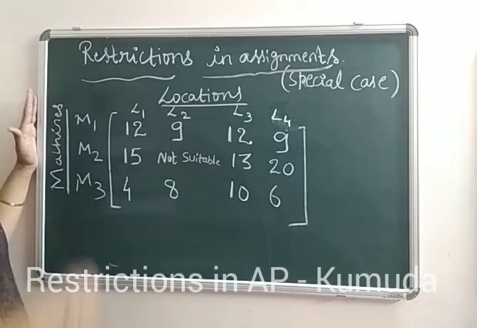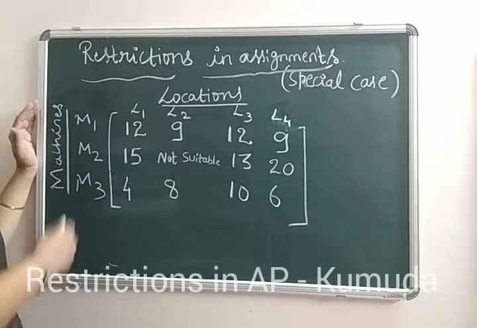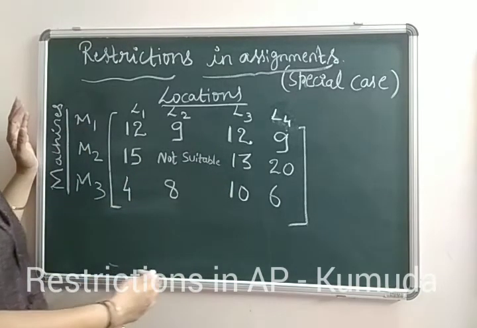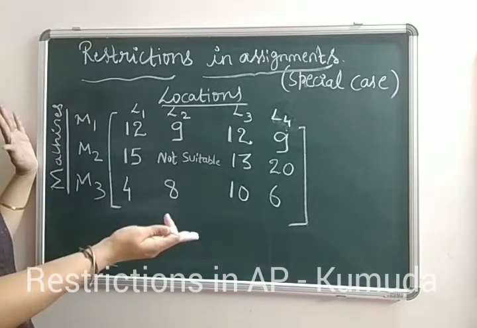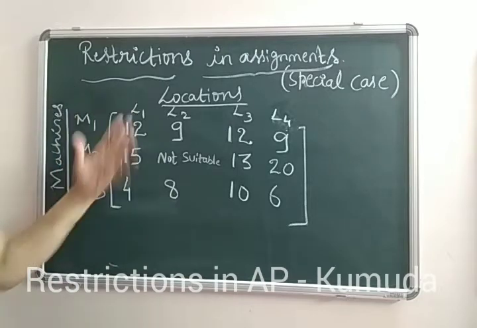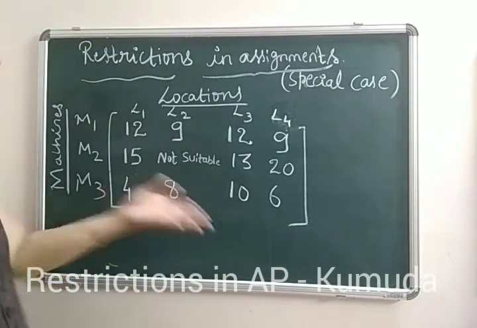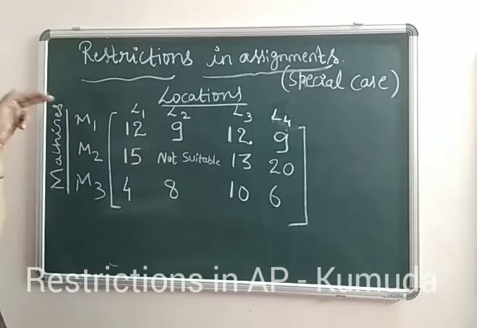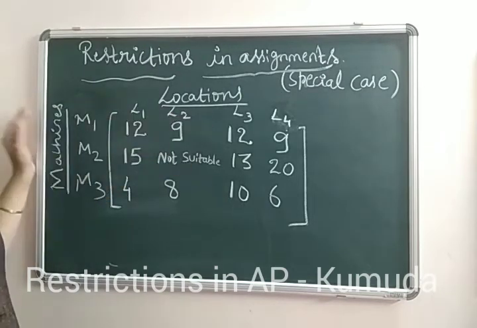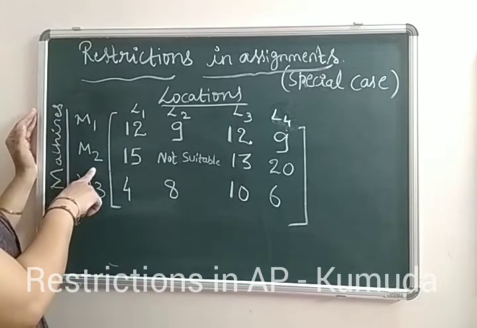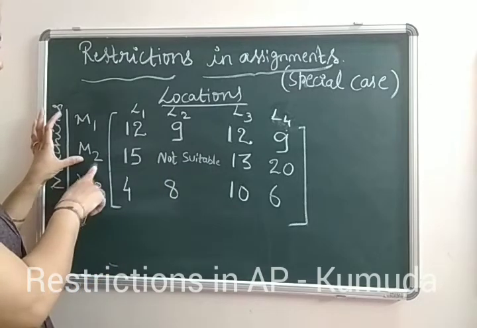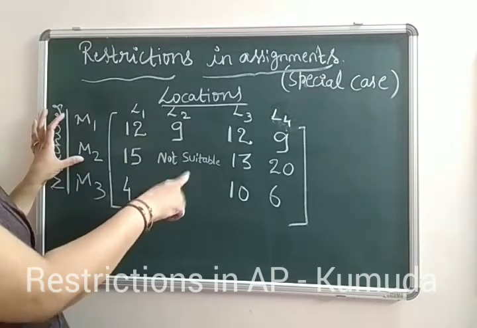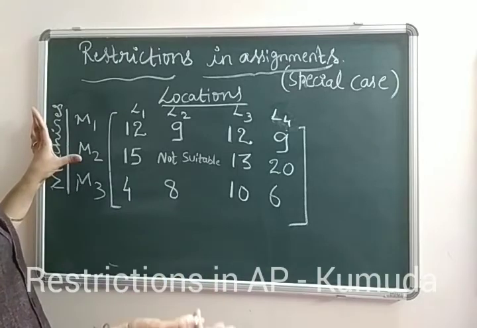There are 3 machineries that have to be placed in different locations in a city, and there is a survey done, and they have to find out whether the machines are suitable for that particular location or not. So based on the requirement or maybe the time or anything, there is a matrix that is built after this survey. So here we can see that we have machines 1, 2, 3 as the machineries, and we have 4 different locations. And we can see that machine 2 cannot be placed in the location called L2. That means to say machine 2 cannot be installed in the area called L2, maybe due to weather restrictions or any other constraint that is there.